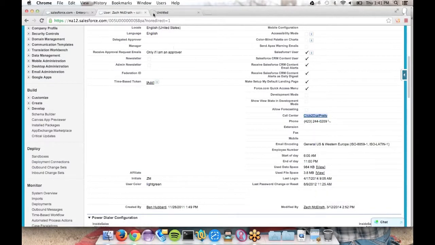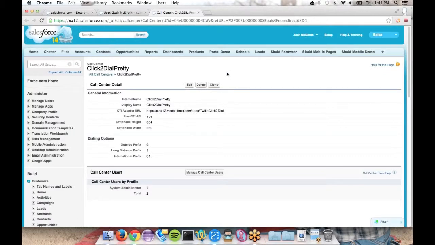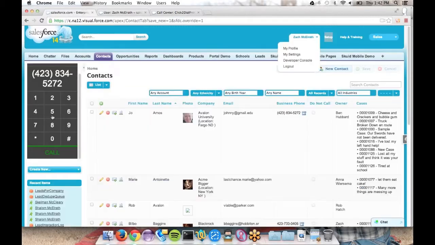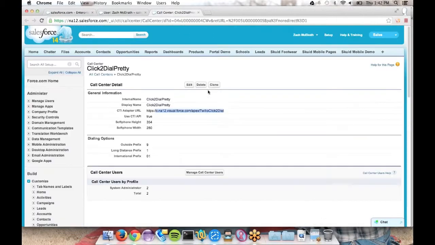A call center, I'm going to pop this open, is an object in Salesforce that links to a CTI adapter. This is really a Visualforce page, or it could be some other URL. It could be hosted on your company's local intranet, that you then configure in here, and that's what gets iframed into this area up here, or within the console down to the bottom right.